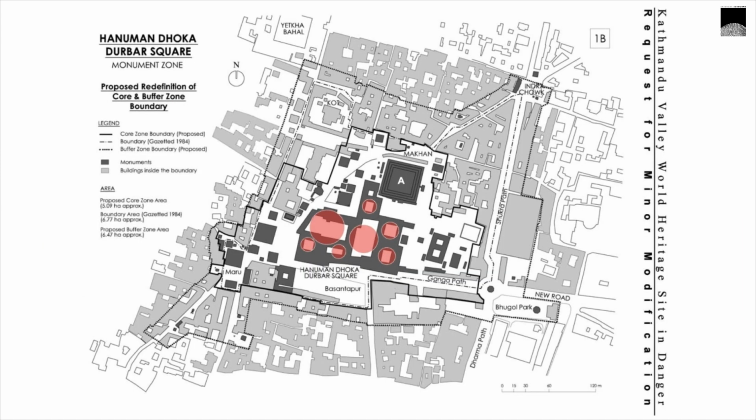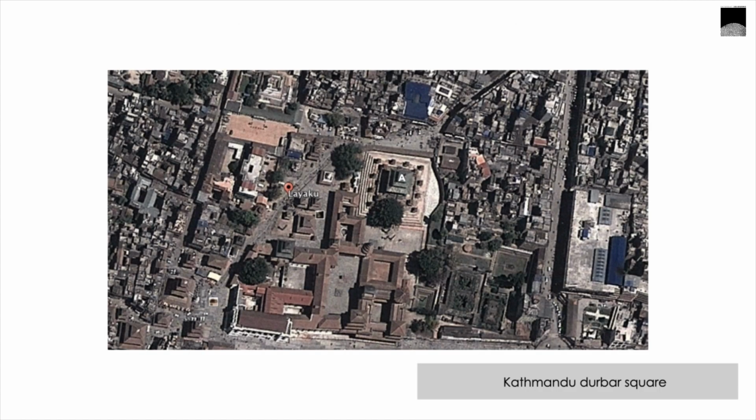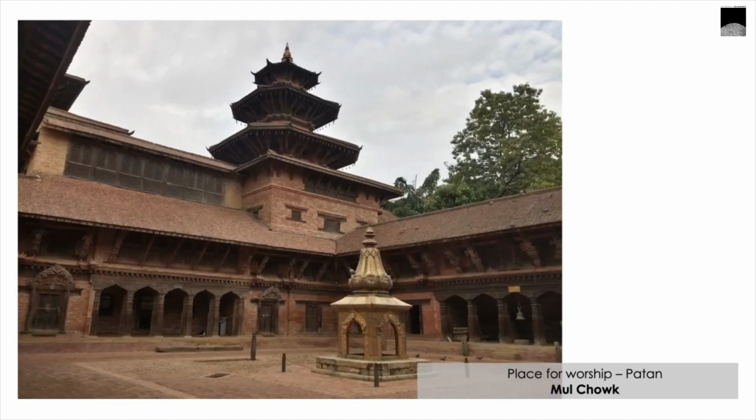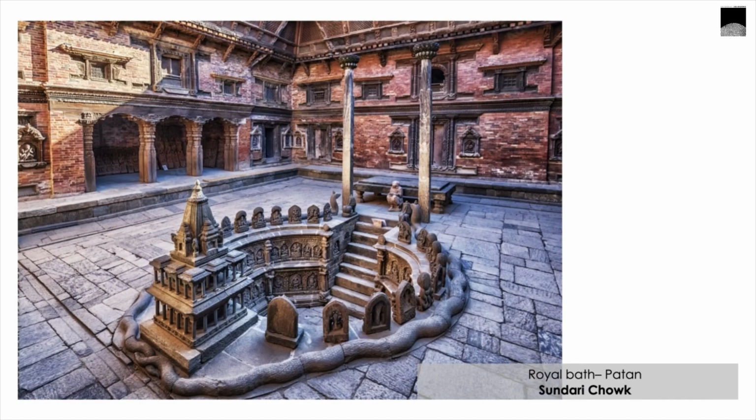Looking at the architecture of Kathmandu Darbar Square, which is also called Hanuman Dhoka Darbar Square, it is designed with an intricate networking of courtyards, a technique for creating an open space with tightly woven mesh while simultaneously providing structural stability. These palace courtyards were used as formal courts, places of worship, and even as royal baths.